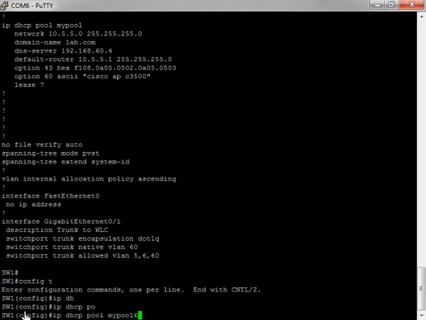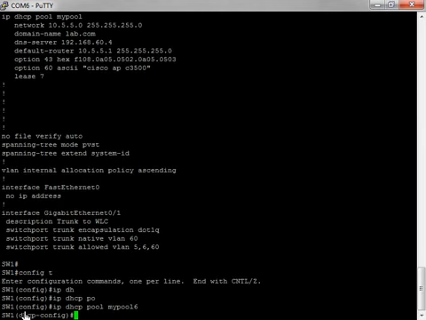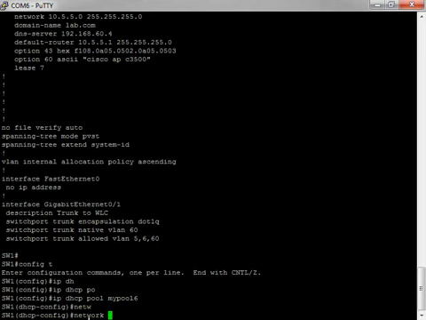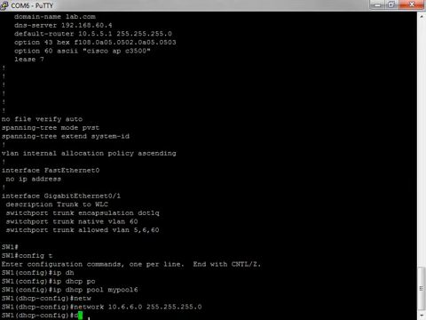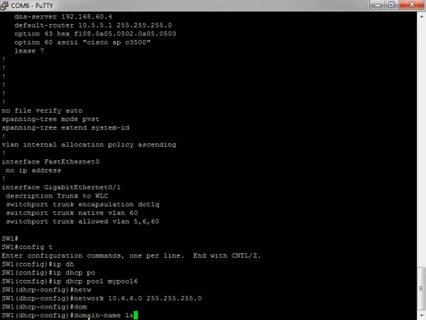So we call it a DHCP pool, mypool6. So we want to set up the network 10.6.6.0, 255, put my network mask in, my domain name lab.com,